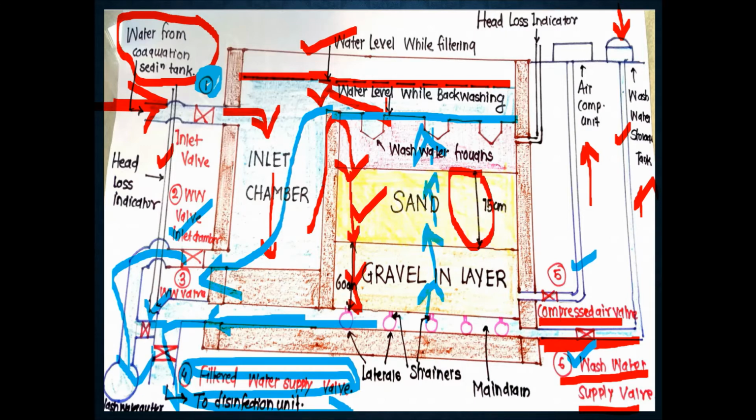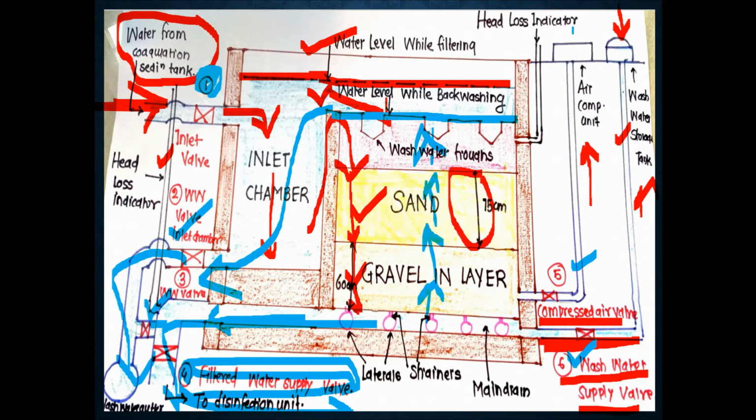When the filter is in operation, for the first 15 minutes these two walls, the 5th and 6th, are open, and then these two walls are closed. Wall number 2 and wall number 3 are open in order to drain all the quantity of the wash water which is collected in the wash water troughs. In this manner, cleaning and repair of the corresponding rapid sand filter will occur.